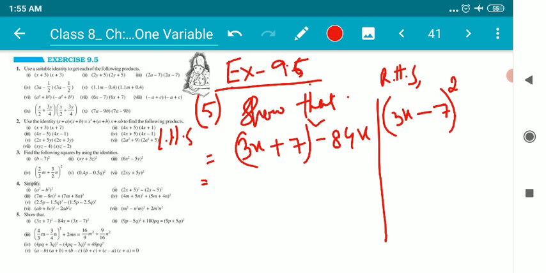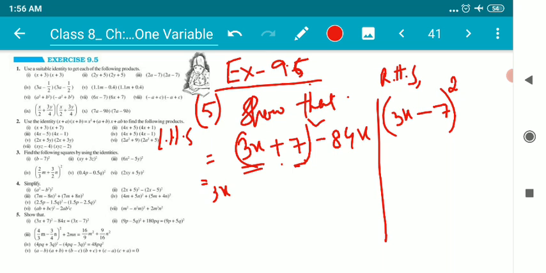Okay, children, now the very first thing that we need to do is decide which formula, or which identity, is to be used for this proving. So here we can see 3x plus 7 whole square. It's simply understandable that we can apply the formula of a plus b whole square, because a means 3x, b means 7, and having whole square perfectly defines that the formula of a plus b whole square can be simply used. Let us do the needful.